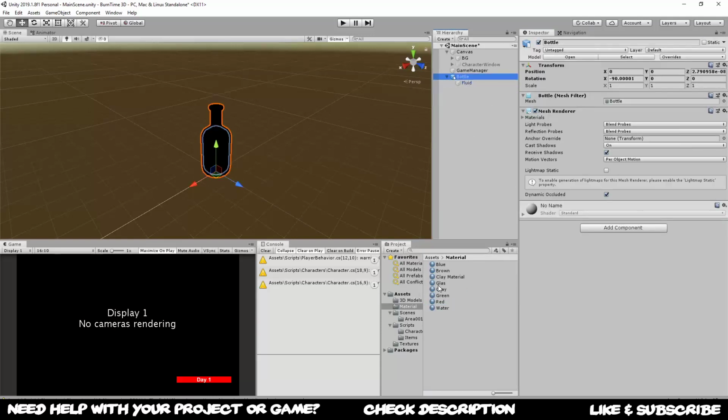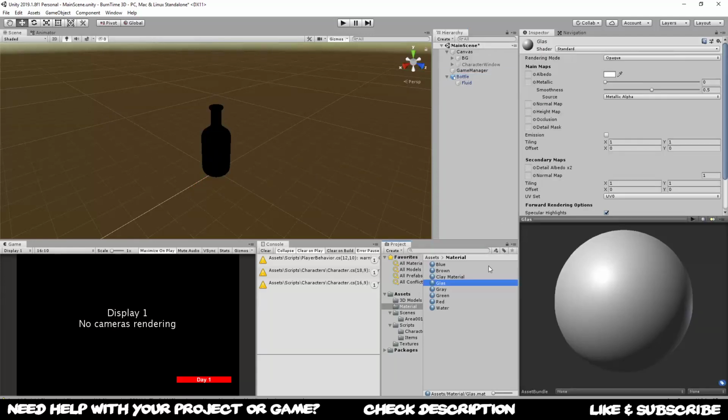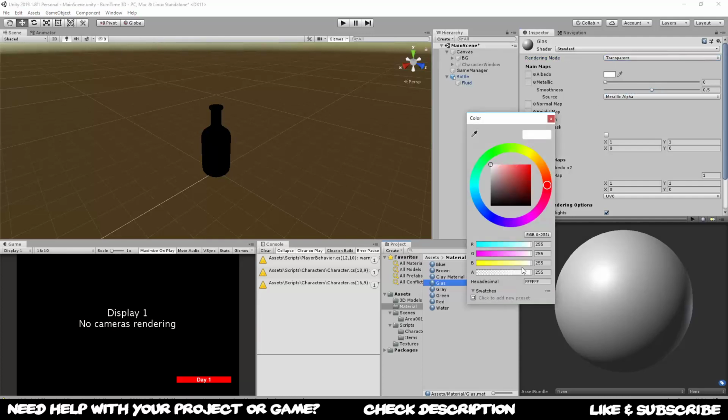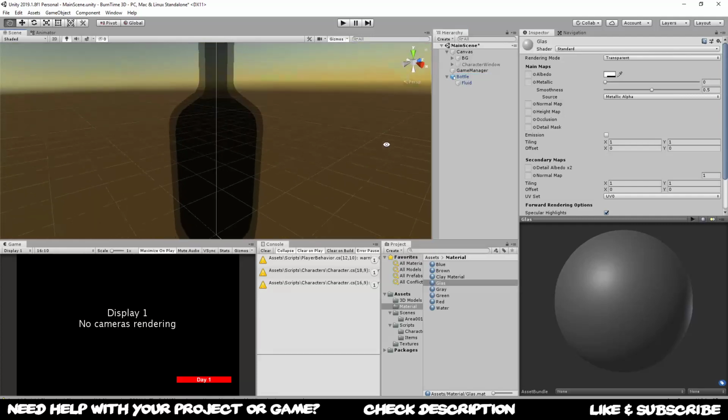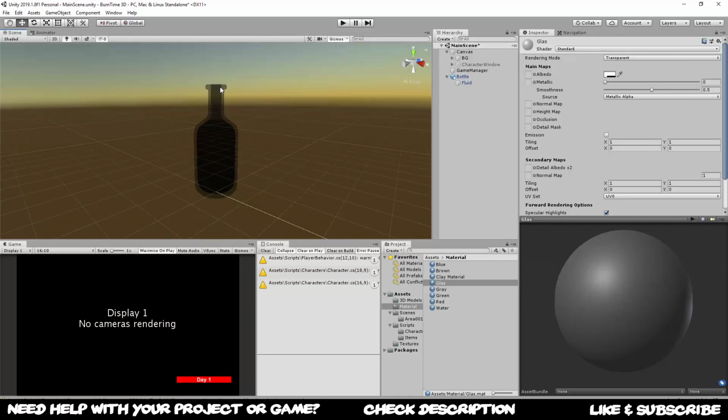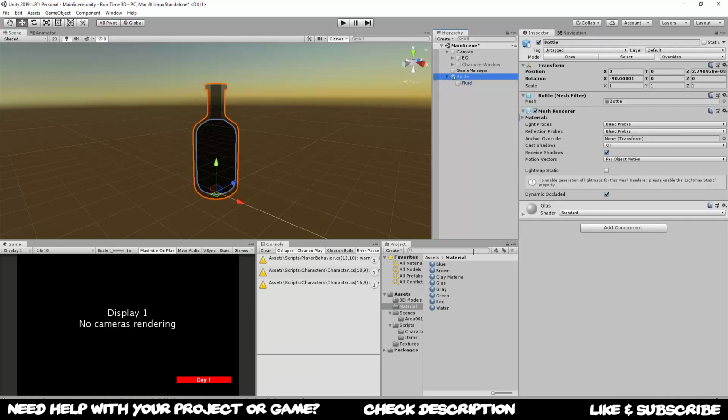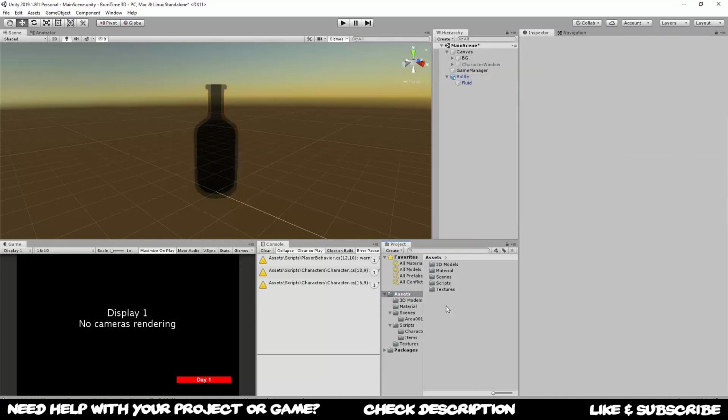Now I'm going to be able to change the material about the bottle itself, so that's glass. Basically, I can use the same. I'm going to change that to transparent over here and reduce the alpha quite a bit, and put the glass material onto the bottle. So once again, this is currently not lit up, but you can see now I have two materials on the bottle, a transparent one on the outside and a transparent one on the inside. Once I'm done with that, at least for the moment, I can bring this into my prefabs folder, but I don't have one, so I'm going to create one